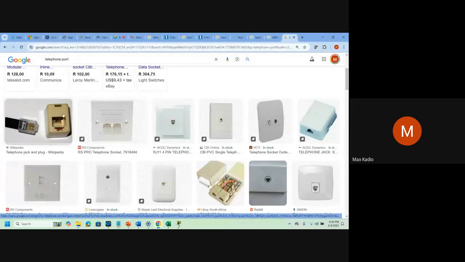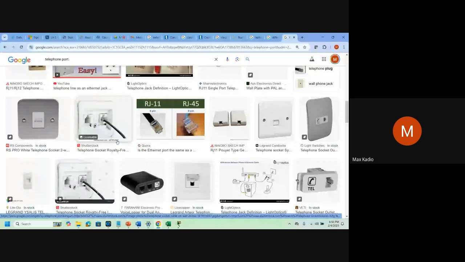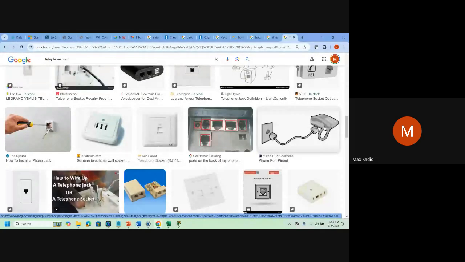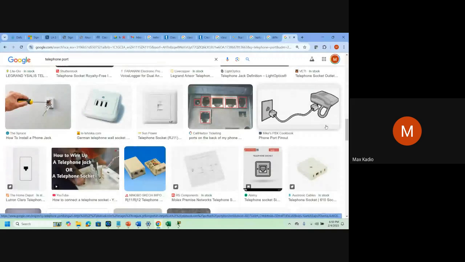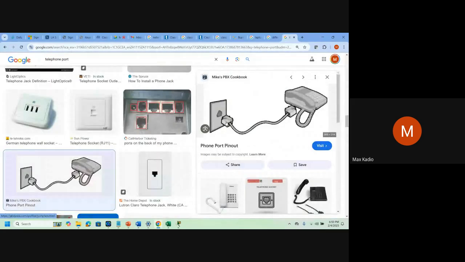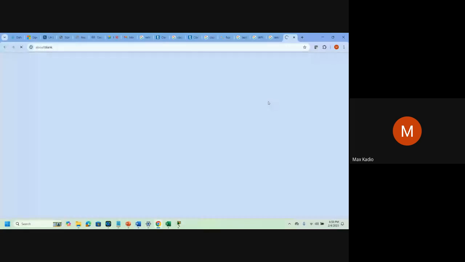So for the telephone port, you plug one small end on the wall from Telkom, and the other side goes to your phone. So if you're using a telephone, this old one, we call it RJ11. It's smaller than the other one.